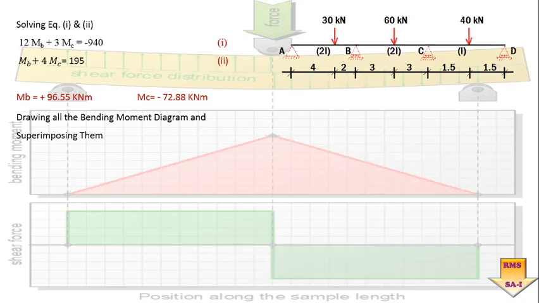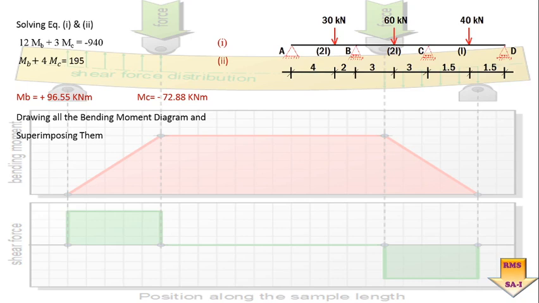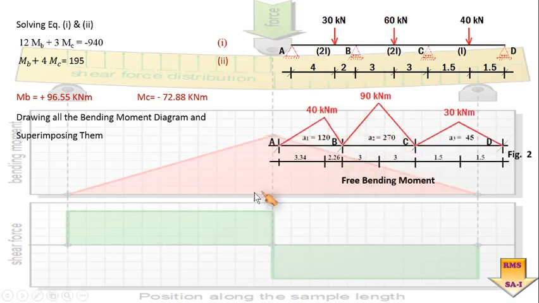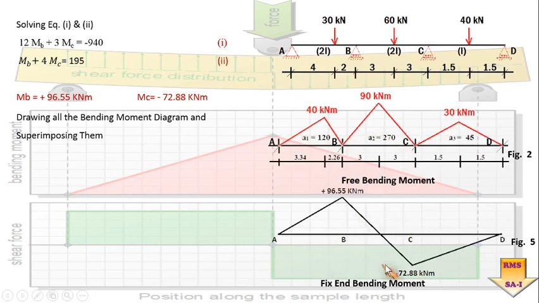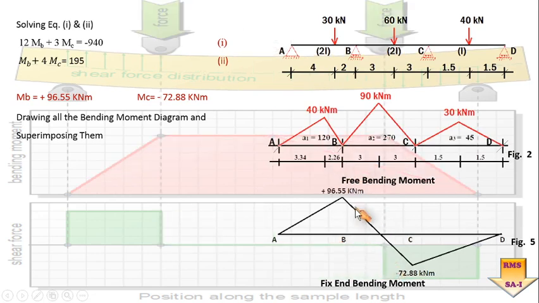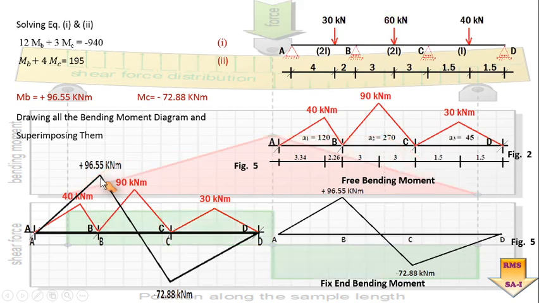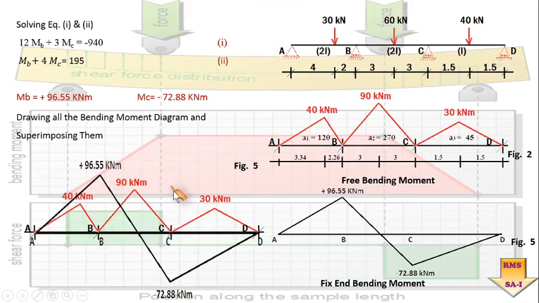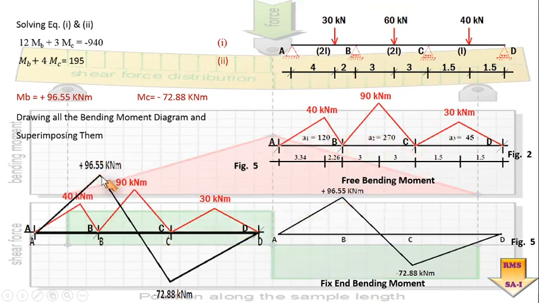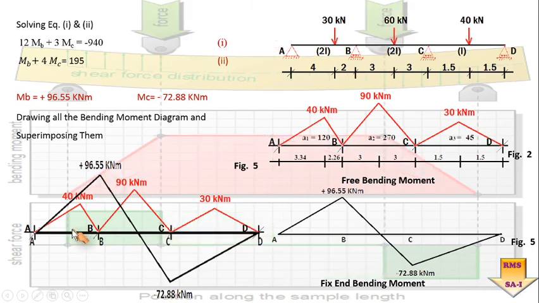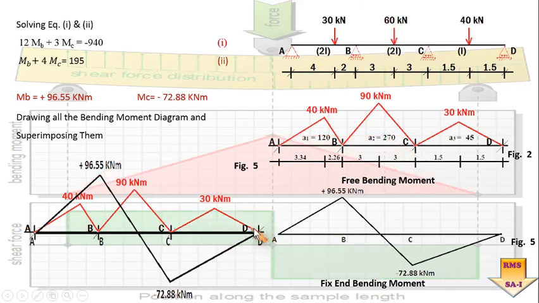Now moving ahead, we know what is to be done. We have to draw all the bending moment diagrams. So let us draw the bending moment diagrams one by one. This is the free bending moment diagram, and the next diagram is the fixed moment diagram. After getting these two bending moment diagrams, the last job is to superimpose both of them so that we can work out the resultant value of the bending moment about that particular point. So this is how we have superimposed both diagrams and we can work out the resultant about supports B and C, whereas at supports A and D, being simple supports, the bending moment has to be equal to 0.